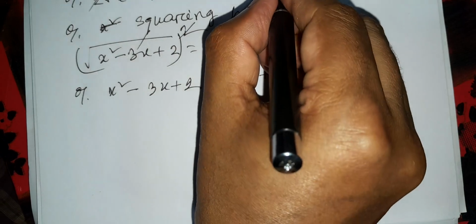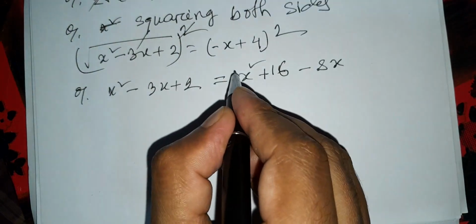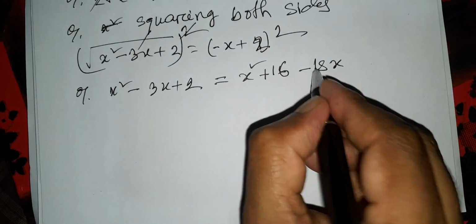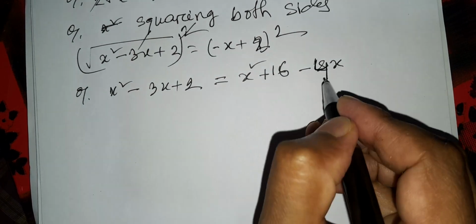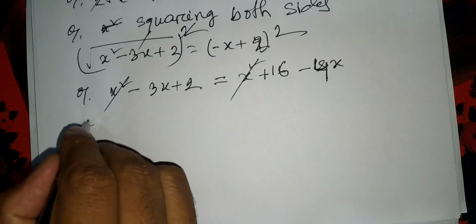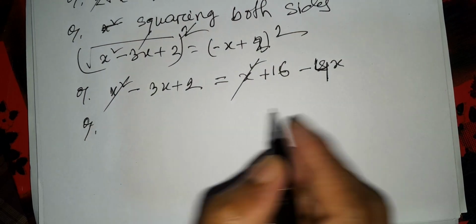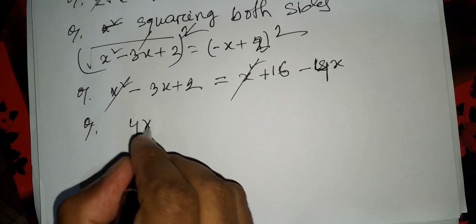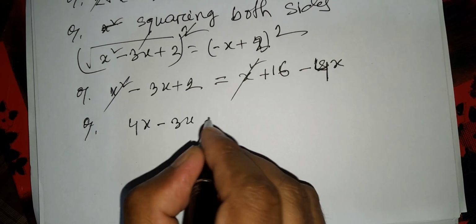Sorry, here will be 2 and here is 2, here is 4x. Cancelling the x square of both sides, we transfer 4x minus 3x,